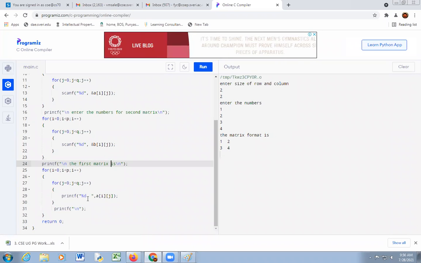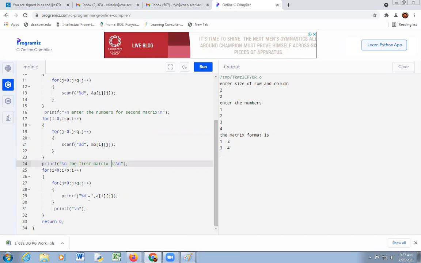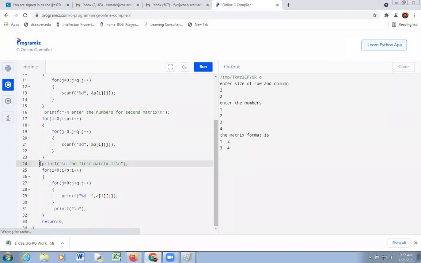Then printf percentage d space. Space is required for distinguishing two numbers. Then a of ij, then printf slash n for entering elements to a new row. Okay, this is the code for displaying numbers in matrix format of the first matrix.